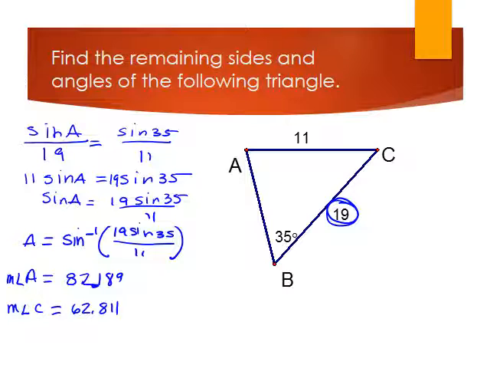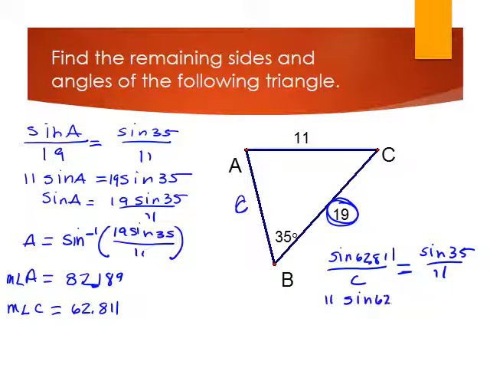And now I've got to find side C. So now I'm going to use the law of sines again. So I'm going to do sine of 62.811 over C equals, I like to use the ones that were given, sine of 35 over 11. So if I cross multiply, I get 11 sine 62.811 equals C times the sine of 35. Okay, and then if I divide by sine of 35,